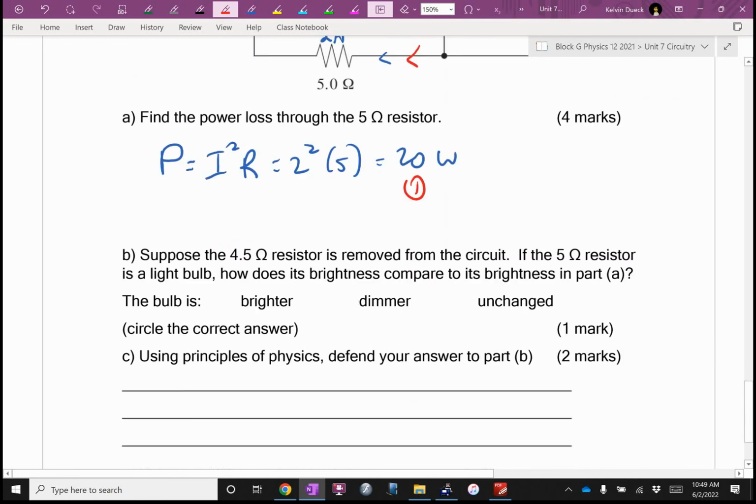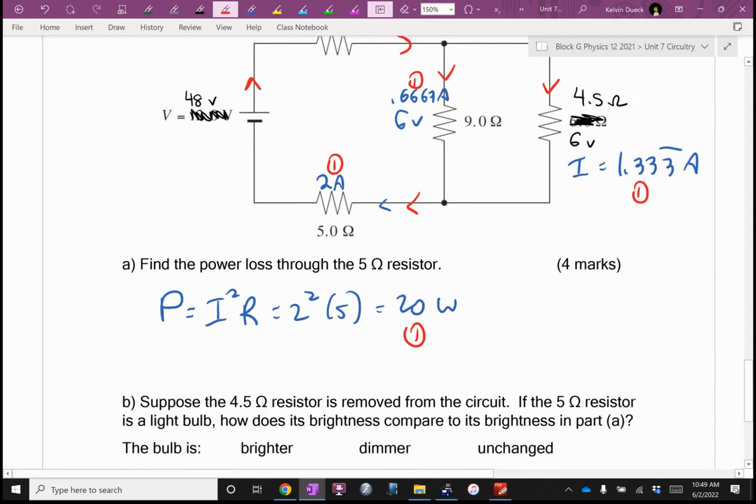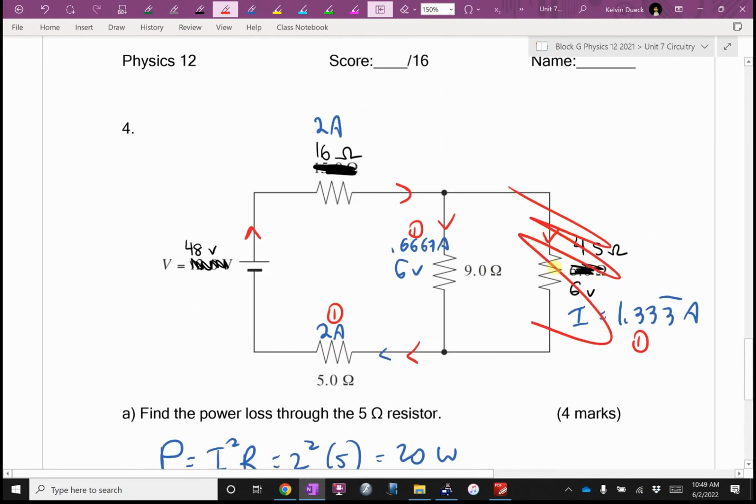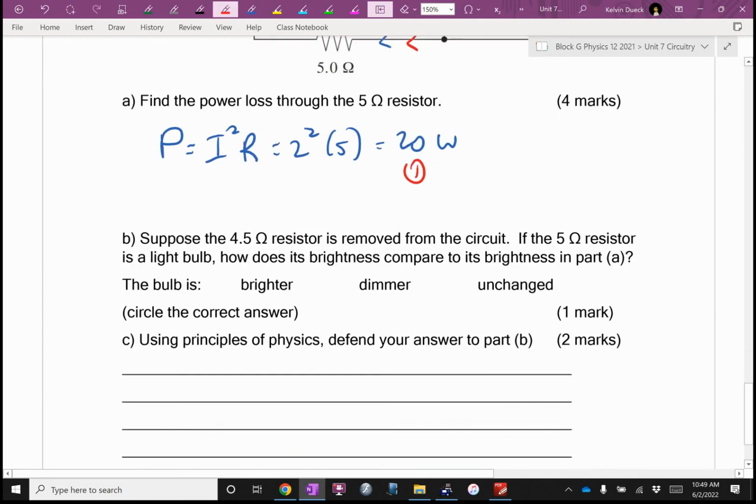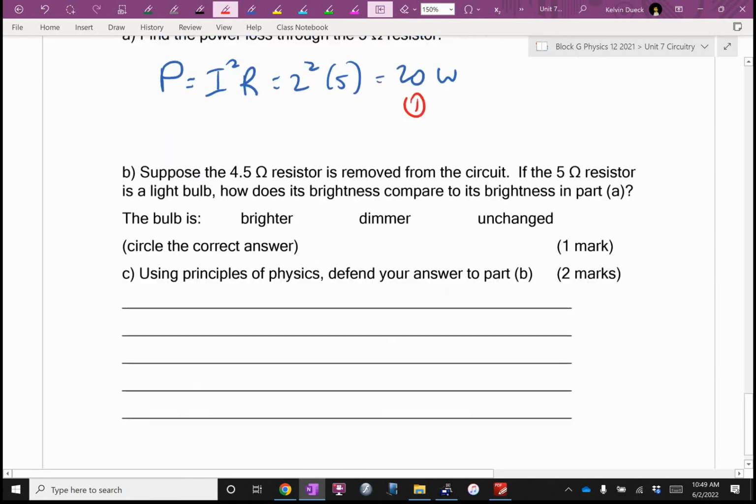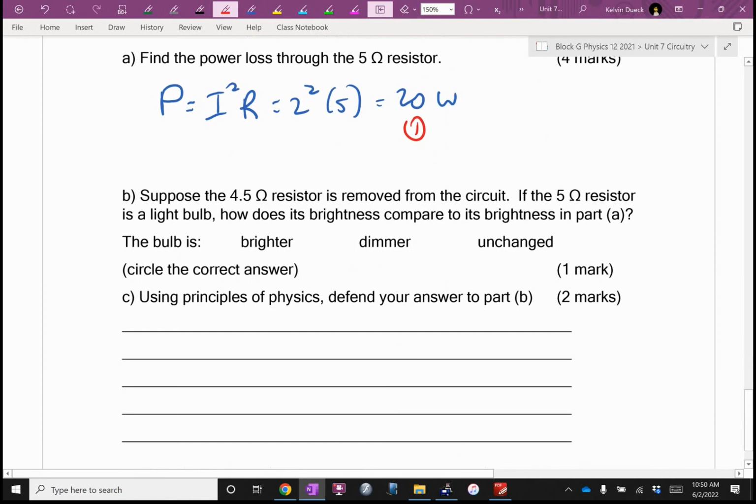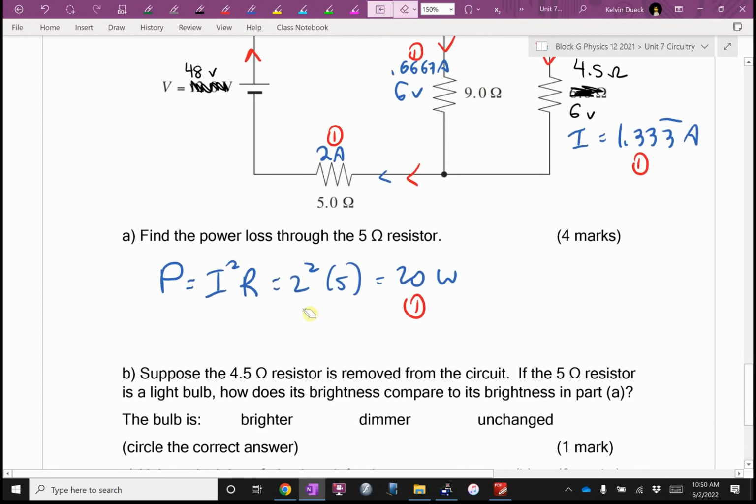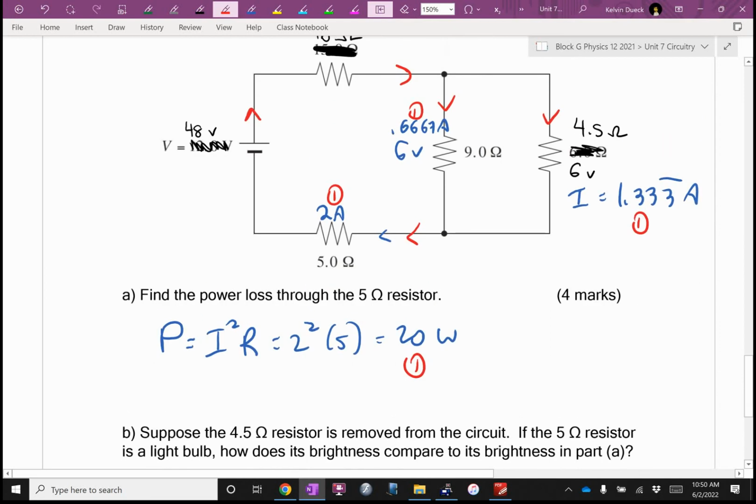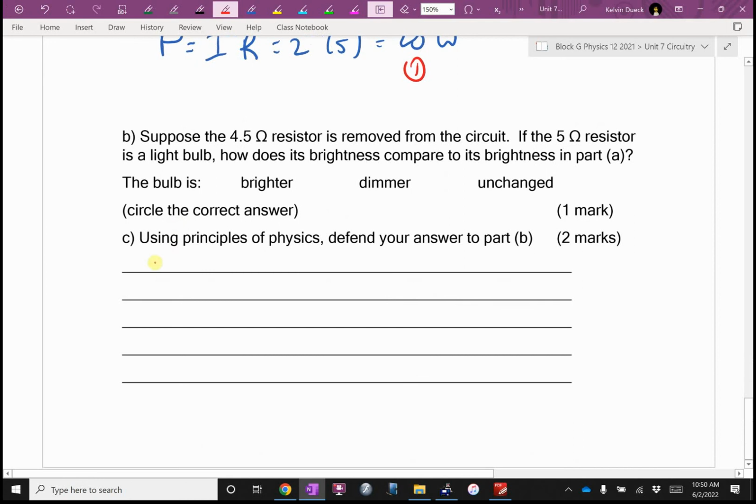B. Suppose the 4.5 ohm resistor is removed. Okay, so we're going to get rid of that one totally. Gotcha. If the 5 ohm resistor is a light bulb, how does its brightness compare? You know what? I'm really asking what's going to happen to the current. Well, I guess if I remove that,